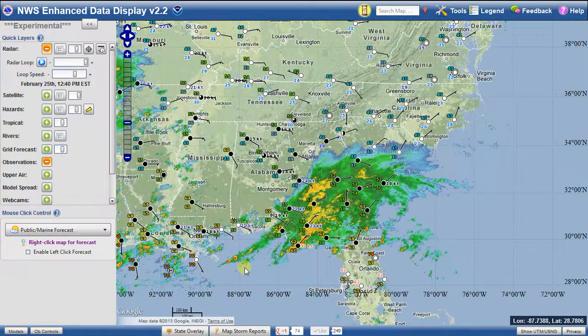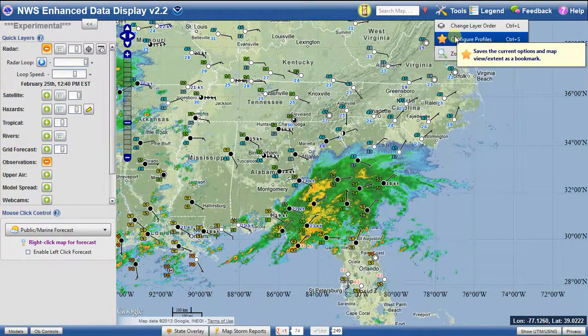Now suppose you have this situation where you have the radar and observations laid out the way you like, and also the map is panned and zoomed to a nice location. Now you want to save this for future use, so you don't have to select these options every time. You can use profiles. If I go into the Tools menu and select Configure Profiles, clicking it will bring up